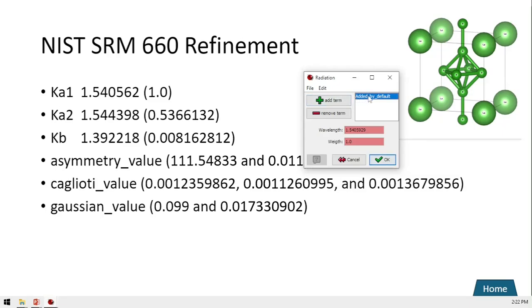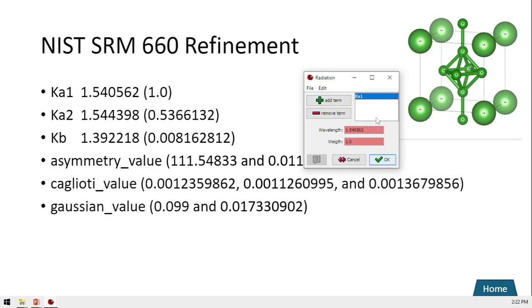Okay, this I will set K alpha 1, and then I will use this wavelength 1.540562.